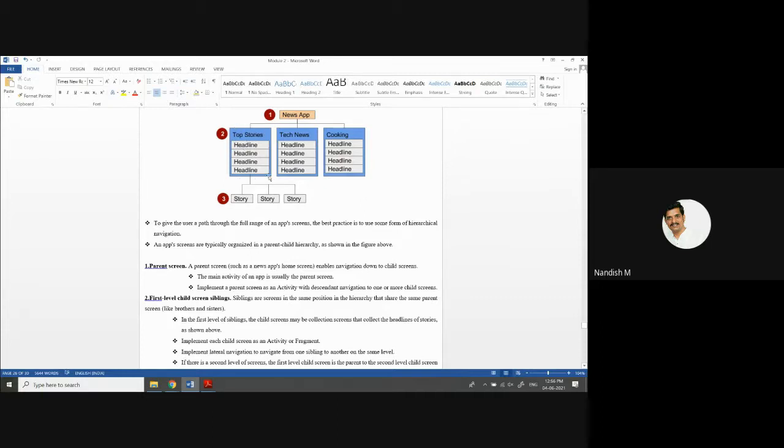You have to implement each child screen as an activity, meaning a separate screen, or a fragment. You are going to implement each child screen as an activity or a fragment.